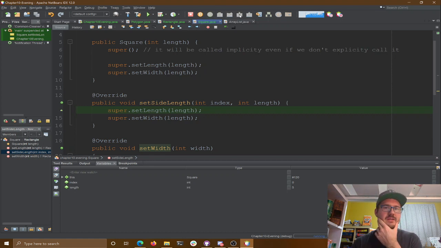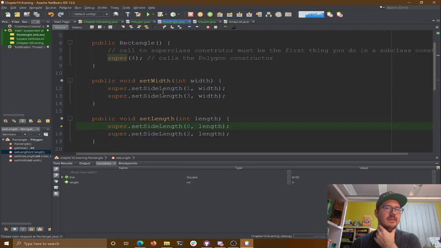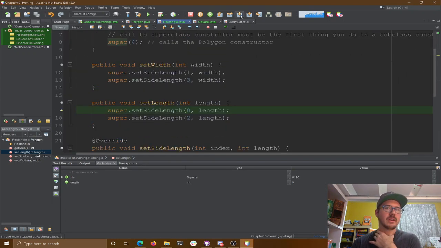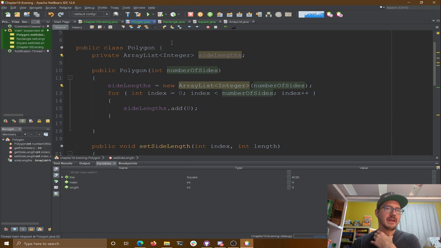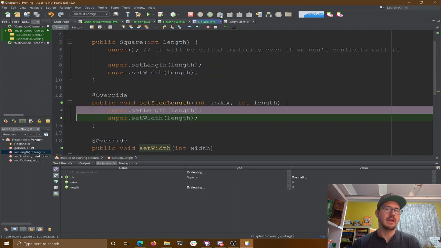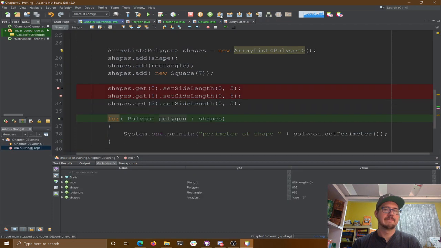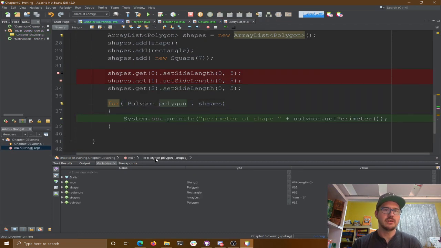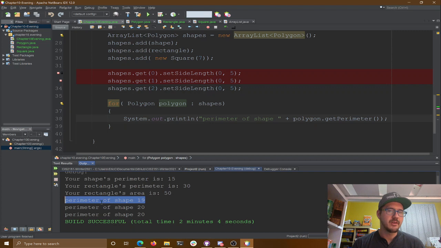Okay? And then we set side length, goes to the rectangle set width. Rectangle set width goes to set side length of polygon. So we follow this whole chain of calls here, and it all happens. Okay, and then we're going to output, so let's just continue to the end here, and we should get perimeters